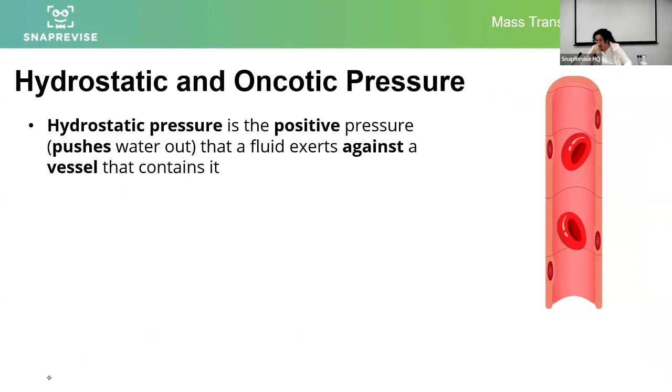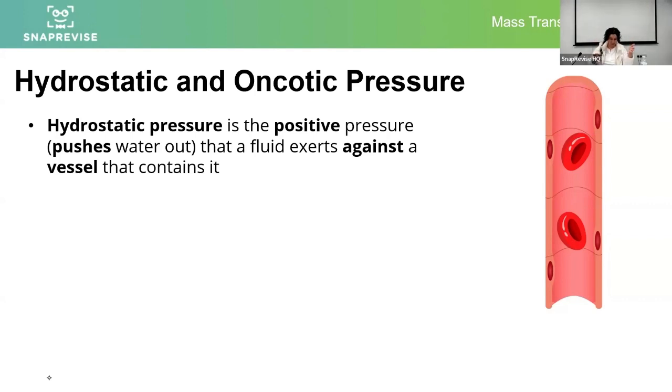What are hydrostatic and oncotic pressures? Because we're going to see in a minute how they basically work in a competitive way to each other to finally bring about the formation of the tissue fluid. Hydrostatic pressure is a pressure that is created purely mechanically. So something pushes against a liquid, and hydrostatic pressure is a term that people use in physics, not necessarily just in biology. And it literally describes the fact that a fluid will always exert pressure on the